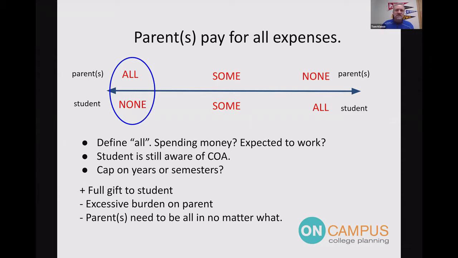I still think it's a good idea for you to work with your student to understand what COA, cost of attendance, is. This can be an incredible gift. Parents are still paying a huge chunk of college costs for students right now. And it's not that the gift needs to come with strings attached necessarily, but I think it's legit to say, look, we're making this big investment because we believe in you, and we believe in the power of a college education as maybe the best gift we can give you. And we want you to understand, we're sacrificing to do this. We want you to make the most of it and to receive the gift in the best manner possible.